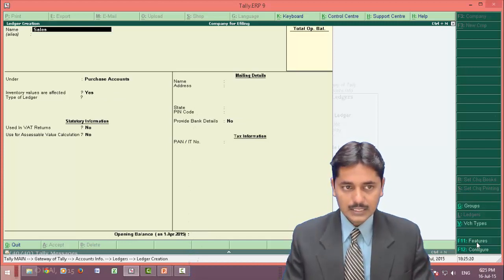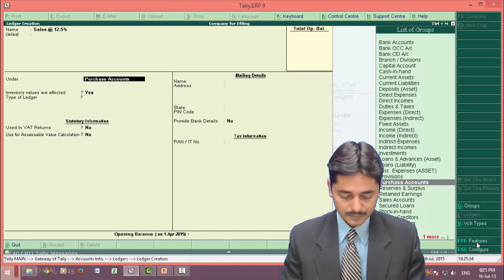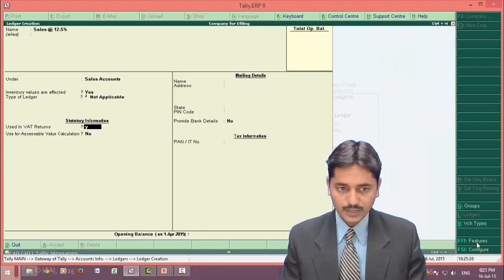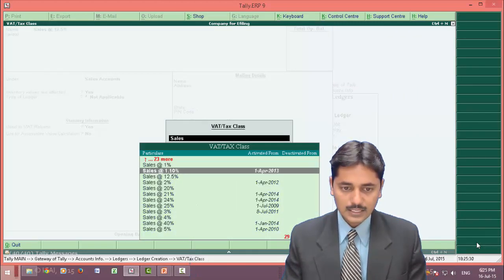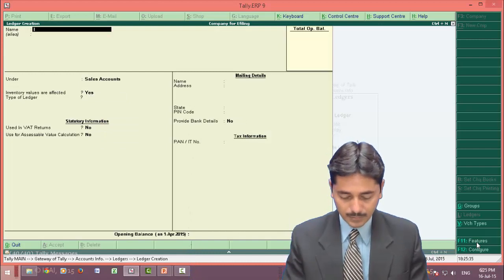Now I am creating a sales ledger. Sales at the rate 12.5%. Group sales account, inventory values affected, yes. Used in VAT return, yes. Now the tax class is sales at the rate 12.5%. Enter and accept. Similarly,